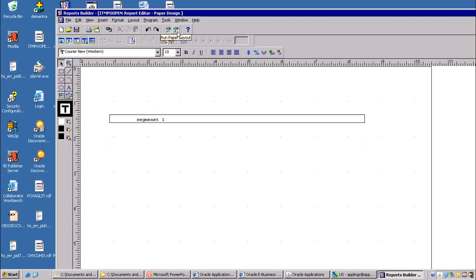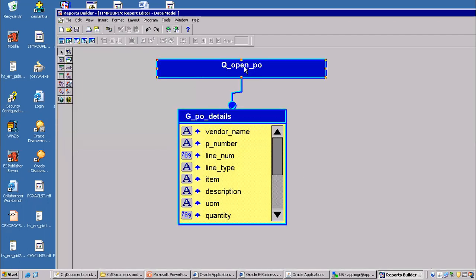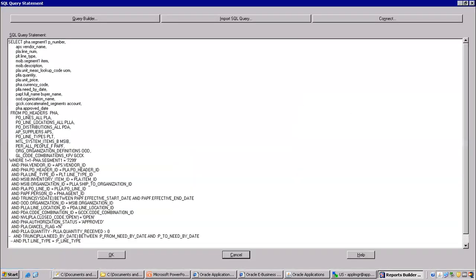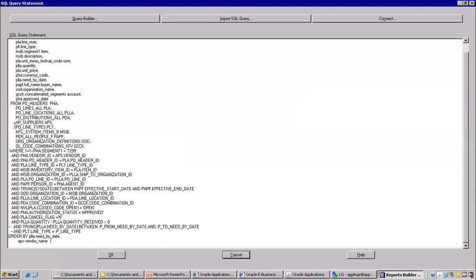So to get the data from views, what we have to do, we have to use the user exits. Even if it is a single view within this query, it will not give the data. These are all tables only, but only this is the view. So whenever you are handling views, we have to use user exits to get the org specific data. Instead of using underscore all, you can use the views also. But how to get the data here is